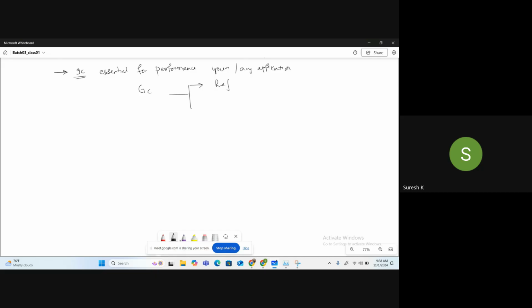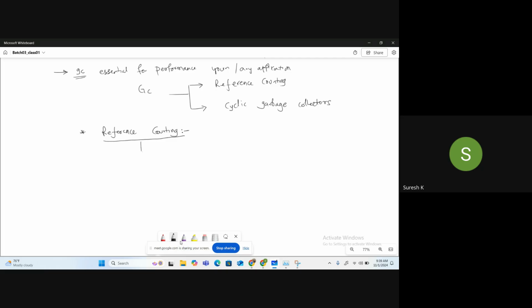One is reference counting, and the other is the cyclic garbage collector. Now, reference counting. We will see how it works.